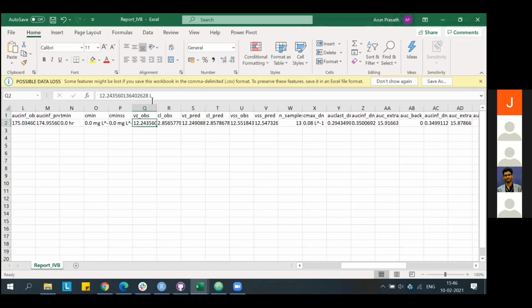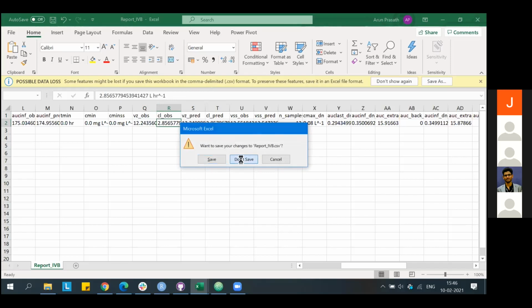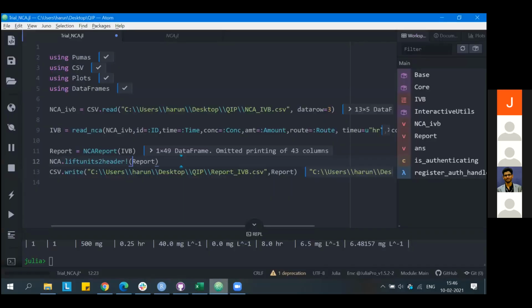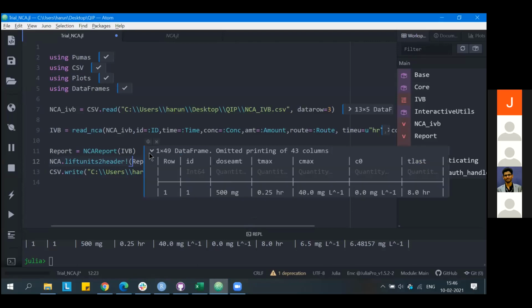All the units are mentioned along with the parameter estimates. So I'll just close it so that I'll be able to execute it again. In this data frame, you see 500 mg, the values along with the characters of units.